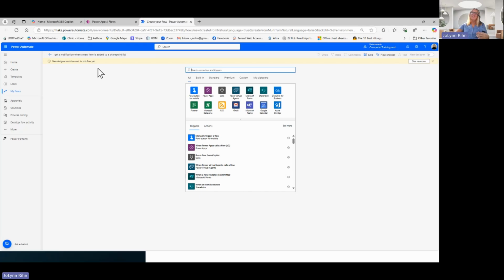So then it says the new designer, it's telling me the new designer can't be used for this flow yet. They haven't updated everything in the new Power Automate. So unfortunately, I can't use this one, but you can see that it's going to give me additional features that I could go ahead and I would just go through the next steps, fill in all my details. Then when I'm done, it would give me a finish or it would say run.